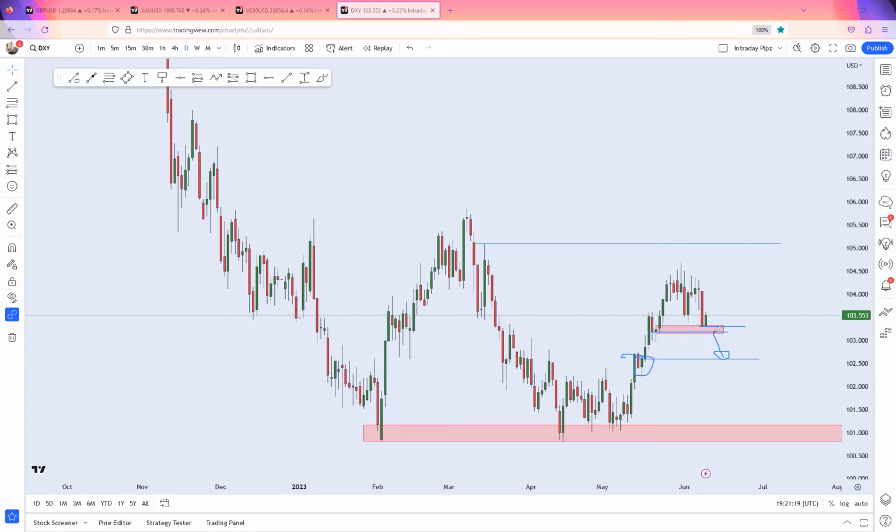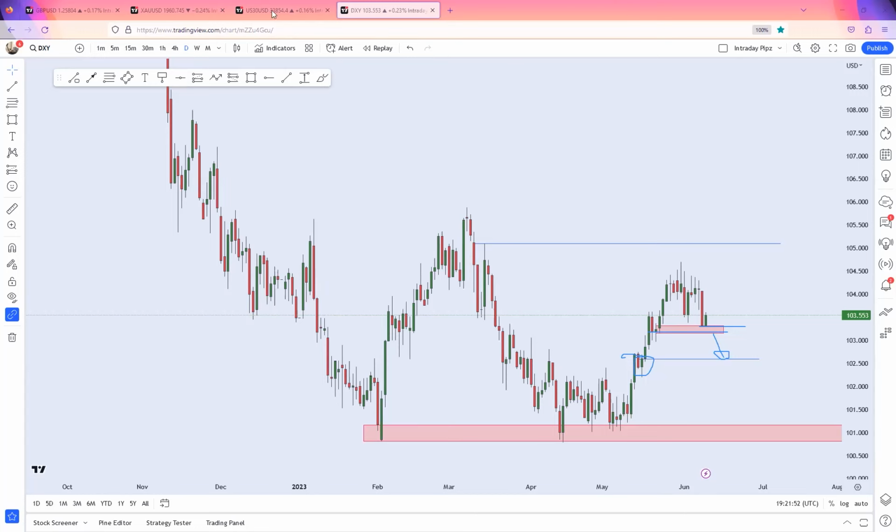But looking at the current market situation and what has been happening in recent times, you realize that markets most times do not respect correlation. So you just tend to analyze each pair individually, and that is what I advise anybody to do. Always try as much as possible to analyze your pairs individually before you try to correlate them. That will give you a higher edge in your trading.